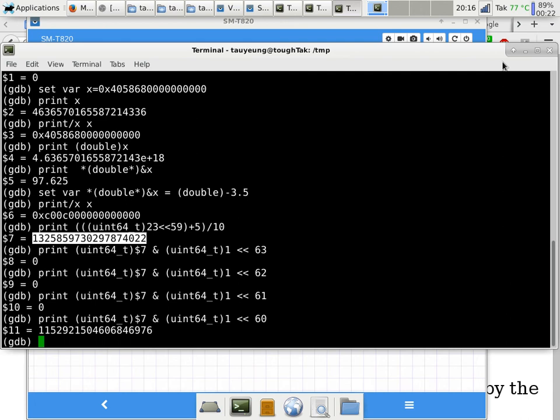So division by 10 is somewhere between division by 8 and division by 16, isn't it? Because 10 is between 8 and 16. Division by 8 is shifting, getting rid of 3 zeros, getting rid of 3 bits. Division by 16 is getting rid of 4 bits. So when you do a division by 10, depending on what the numerator really is, sometimes it will clear up 3 bits, other times it will clear up 4 bits. But it's between 3 and 4, it's one or the other.